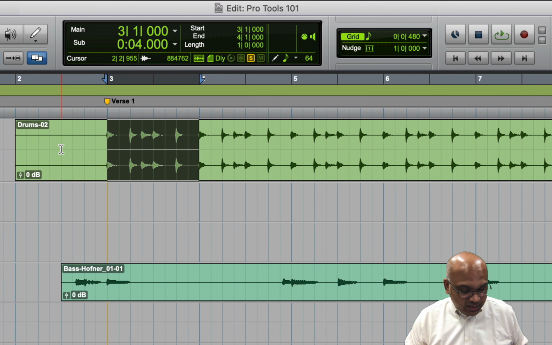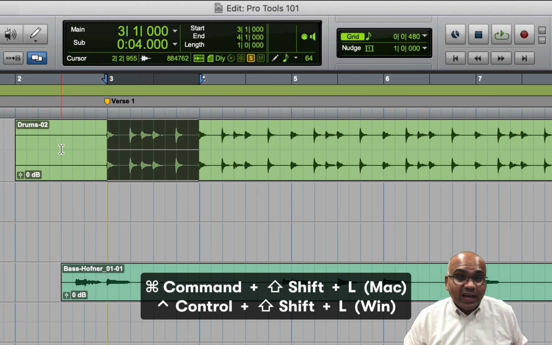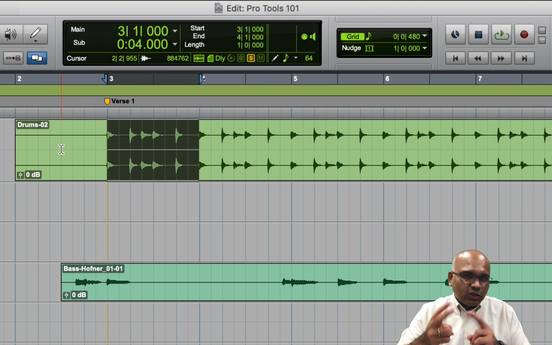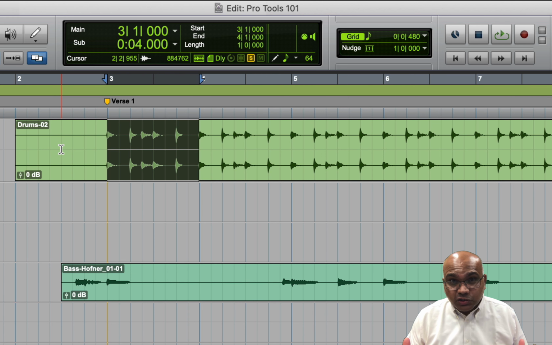There are other ways in which you can enable or disable loop playback. There's a shortcut for it. The shortcut is Command-Shift-L, and it will enable or disable loop playback. So Command-Shift-L will disable it, and Command-Shift-L will enable it. It's a toggle switch, so the same shortcut will turn it on, and the same shortcut will turn it off if it is on, or vice versa. If you don't remember the shortcut, or that you need to hold down Control